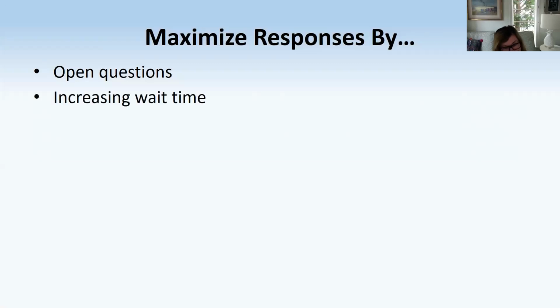We've mentioned this in the face-to-face session, the importance of increasing wait time. Teachers wait far too little time to give students time to think about a question. I mean, if a question is worth asking, it's worth giving kids time to think about it before you have a response. The idea of no hands up,